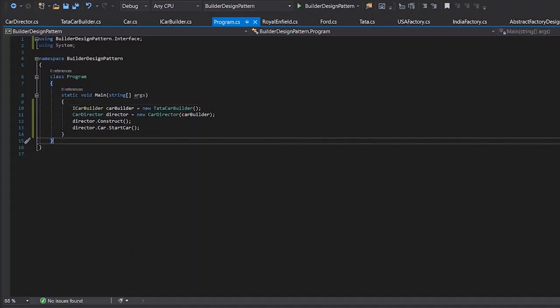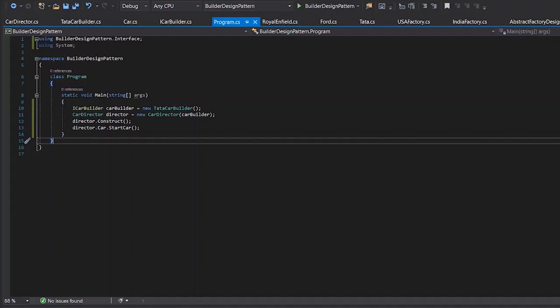Earlier with the factory method, we used the inheritance property. We would have had a separate car contract and created a different instance for each car, like Tata car, Ford car, and other cars.